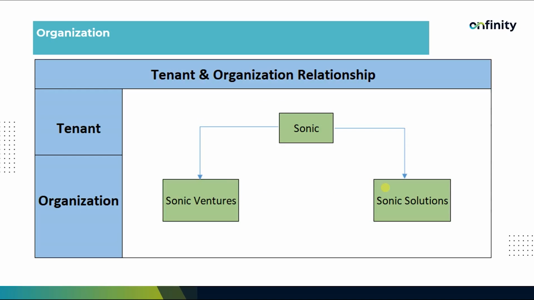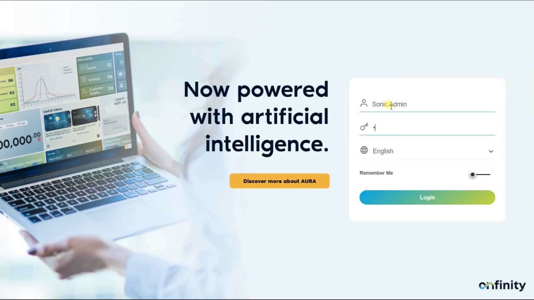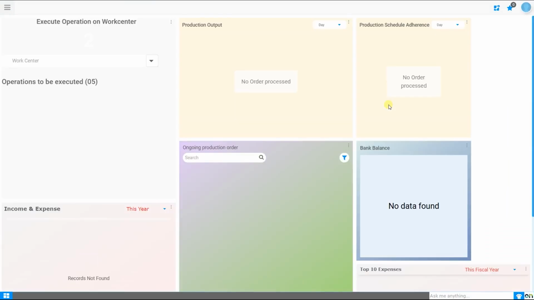Let's understand the relationship between the tenant and the organization. As you can see in the flowchart, Sonic is our tenant, and under Sonic, there are going to be Sonic Ventures and Sonic Solutions. Let's move into the system. Enter your username and password to log in. On the landing page, you'll see all the mosaics, and they are empty at present. This is because we are working in a newly generated tenant where the configuration hasn't been done and no transactions